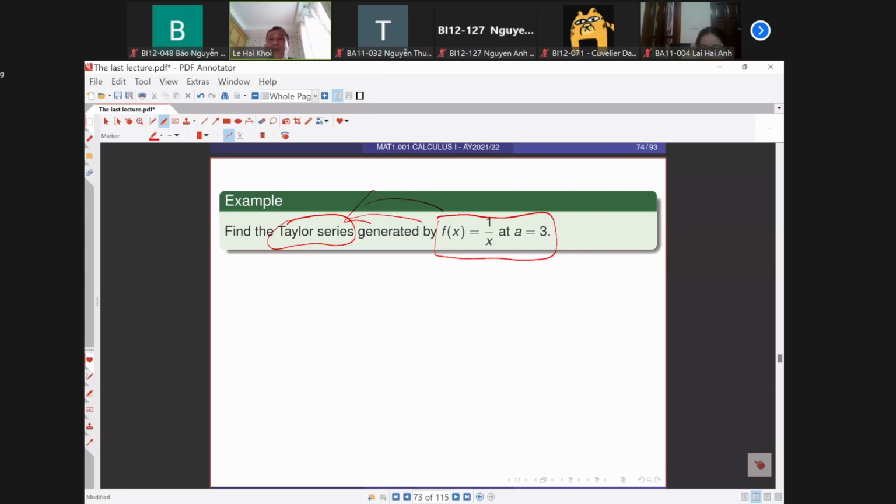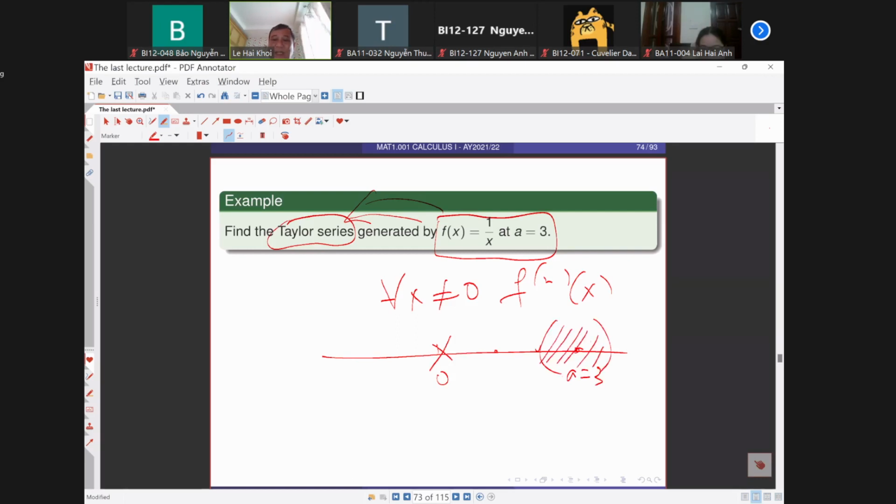This function 1 over x, of course, there exists a derivative of f(x) for all x non-zero. And here you have a equal to 3, then of course there exists some interval containing a equal to 3 as a center and doesn't contain 0. Tất nhiên rất là nhiều cái khoảng chứa điểm 3 và không hề chứa điểm 0. So that is, you have